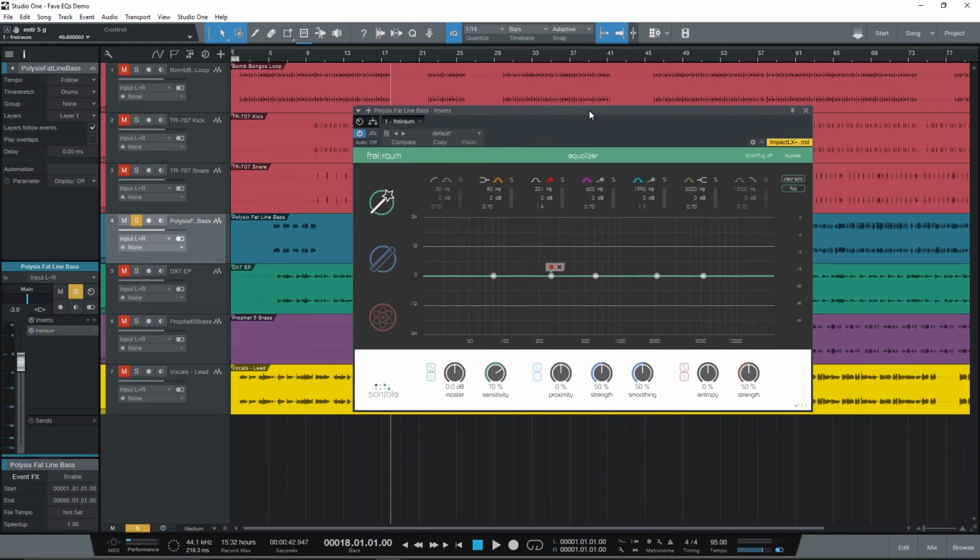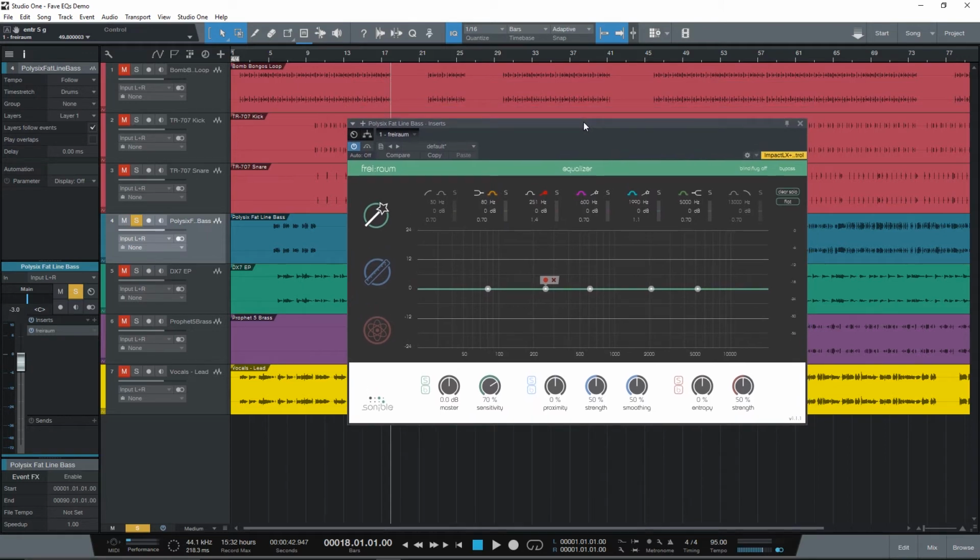So I highly recommend Freiraum if you're interested in experimenting more with your sounds, or if you have some really specific issues that you want to be able to tackle and other tools aren't getting it done, then Freiraum or any of these individual EQs from Sonible, Smart EQ, Proximity EQ, and Entropy EQ, they might be able